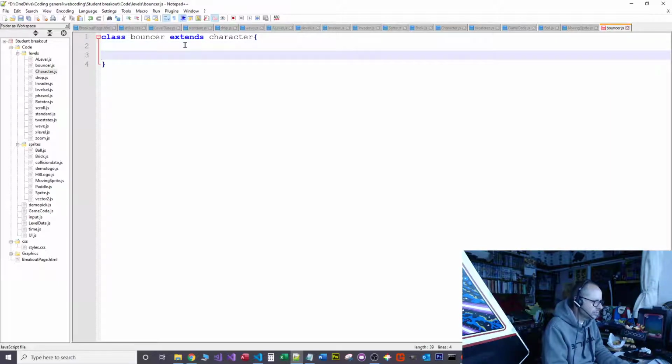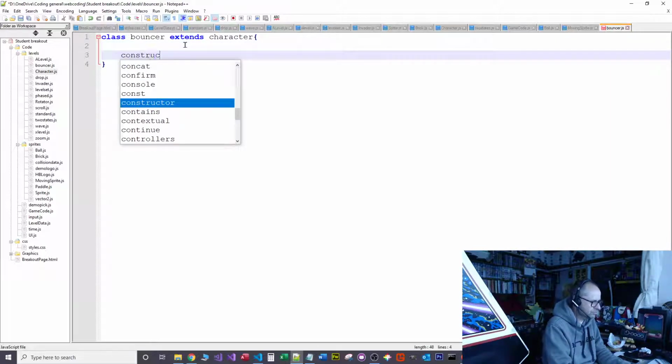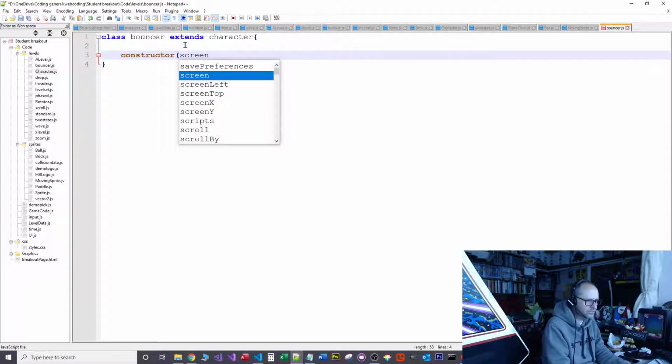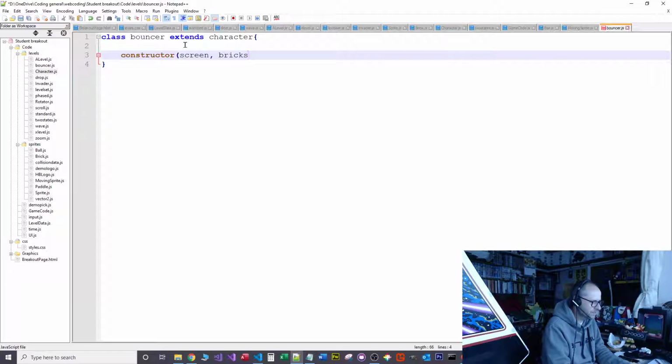Okay, so the first thing we've got to do is set up the constructor for the class. So this is the thing we call. So we're going to say constructor, and it's going to need some parameters. I want it to be moderately flexible. So I've got to accept screen and bricks because all the levels accept screen information and the bricks. And I want a time delay. I don't want any other parameters. I could add them as different parameters. Yeah, let's add a, what should we call it? Top limit,